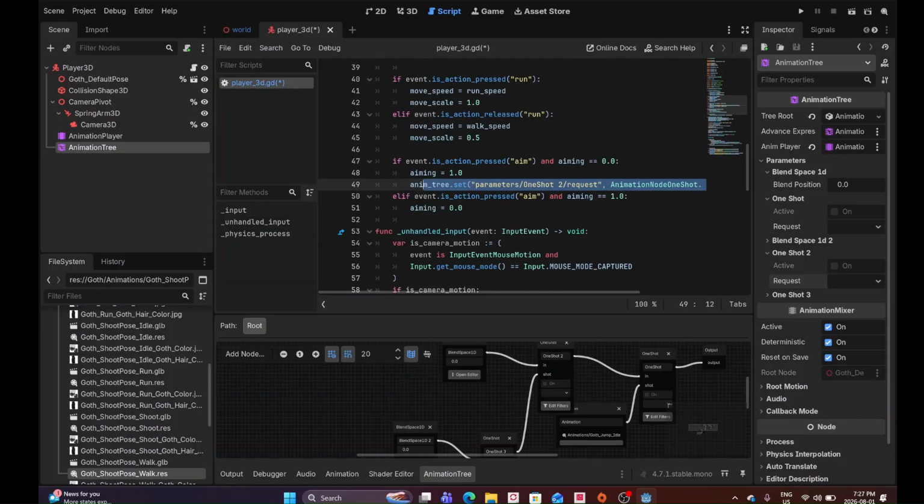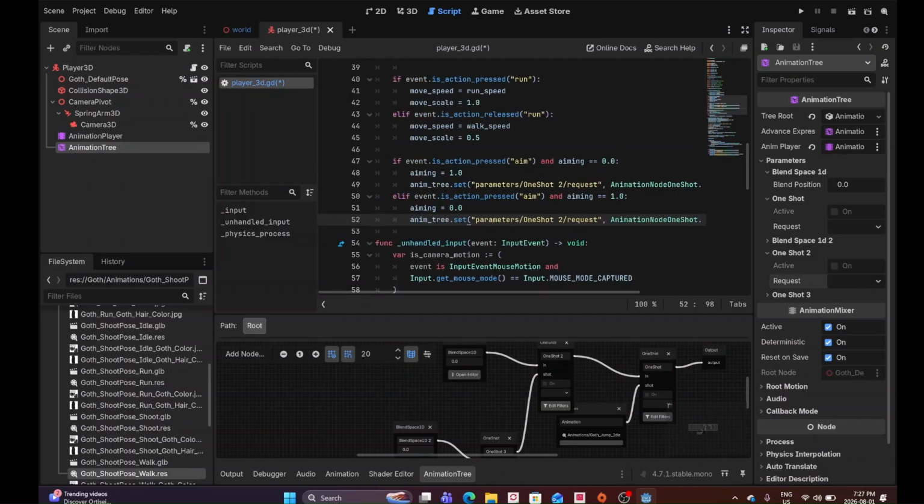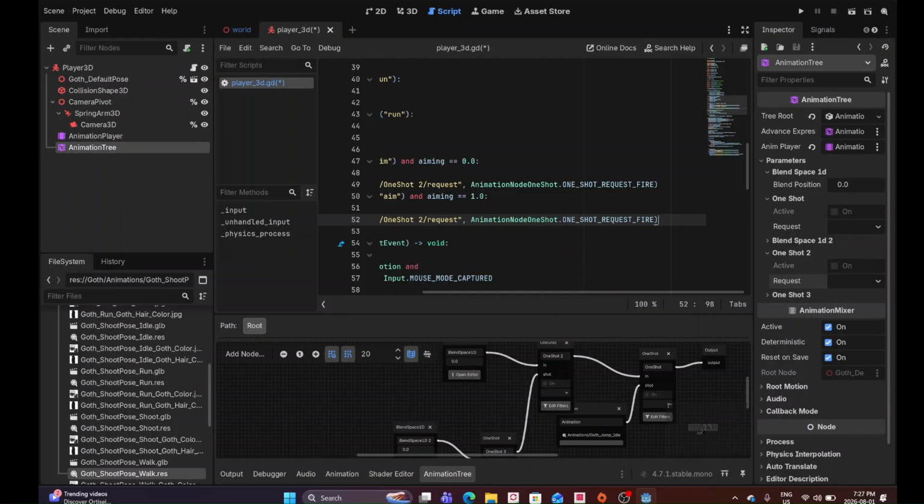But if I press it again, if I press the button again, but if I press the button and aiming is set to 1, if it's already 1, then it gets set to 0, and this gets set to